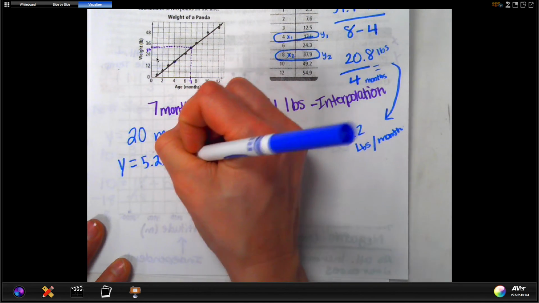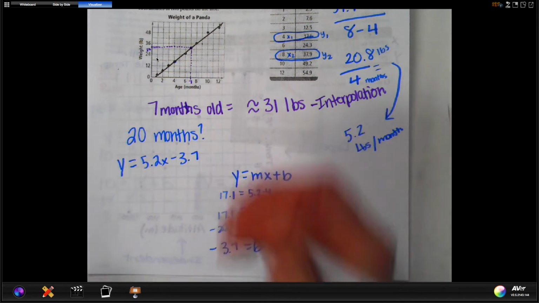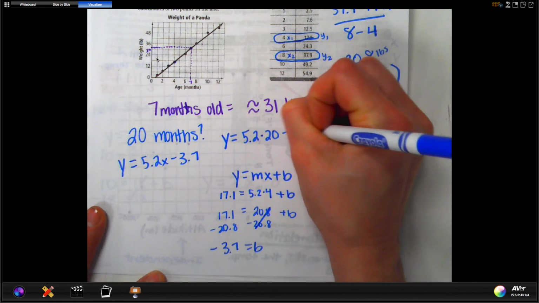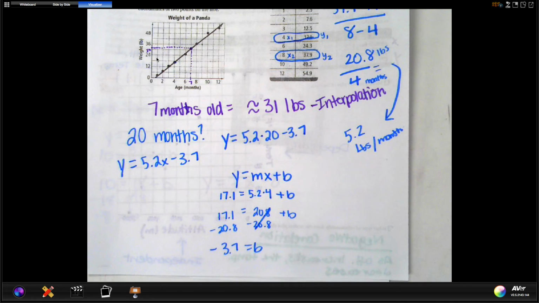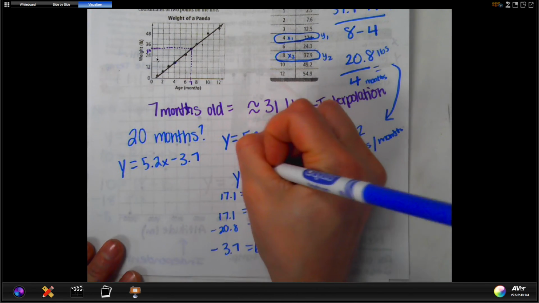All right, so our equation is y equals 5.2x minus 3.7. What do I put in to figure out how much he weighs after 20 months? You put 20 for x. That's right. So I would do y equals 5.2 times 20 minus 3.7, and it would predict for me how much he's going to weigh at 20 months old. Yeah, nice. Okay, so what do we got? 5.2 times 20 minus 3.7. How big is this beast going to get? 100.3 pounds